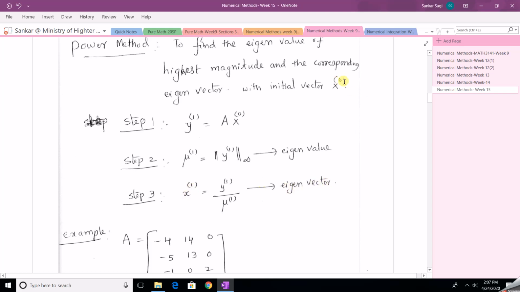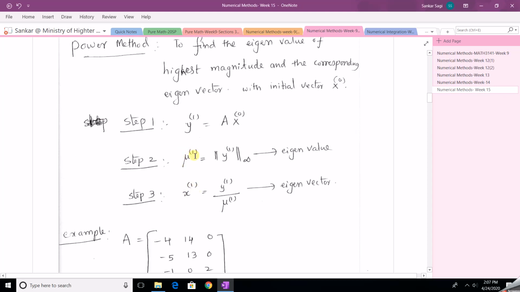So starting with the initial eigenvector x0, we are getting the new eigenvector. That is the first approximation. x0 is the initial approximation of the eigenvector, and x1 is the first approximation of the eigenvector, and mu1 is